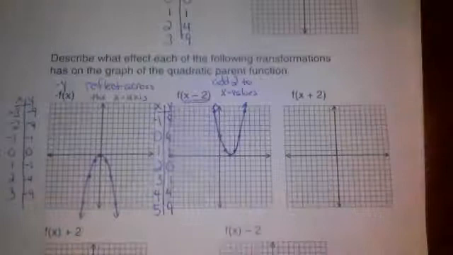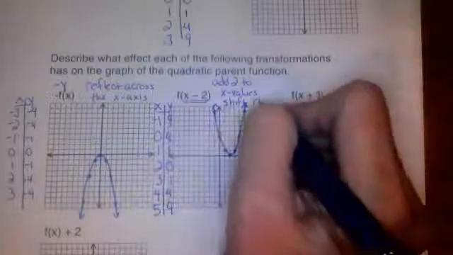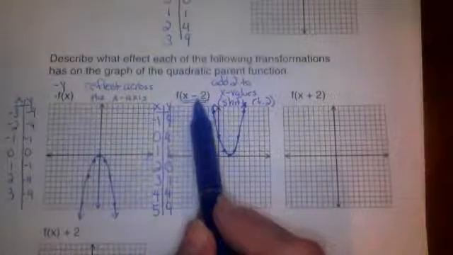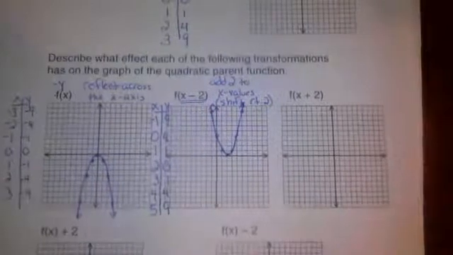So when we add 2 to the x values, this is going to shift the graph right 2. Whatever it says inside the parentheses, we do the opposite. So if that's the case, on this next one,